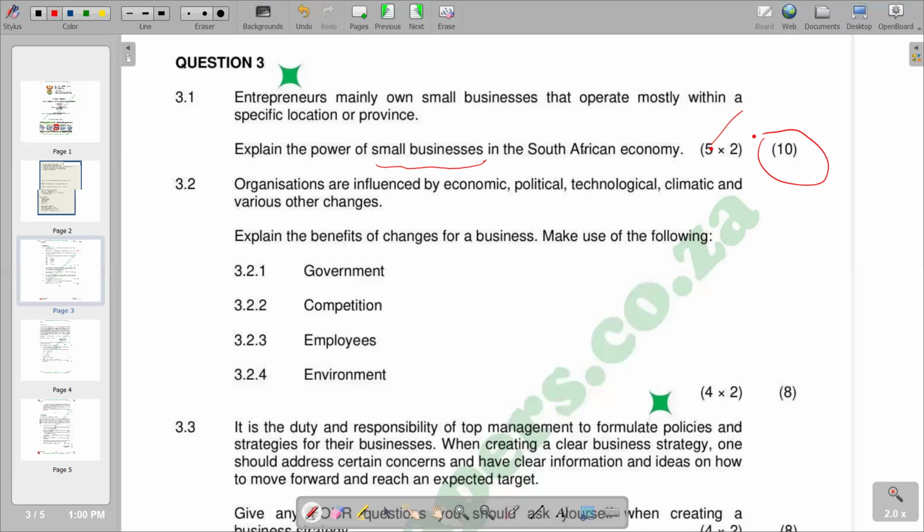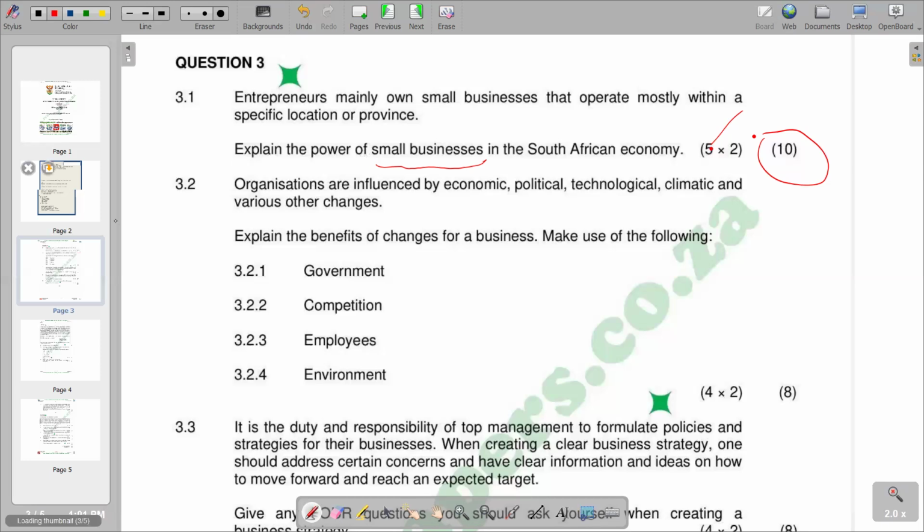revenue, remember the small businesses are also going to buy from other businesses. So in that case, there is an expansion of the revenue base in terms of tax collection by the respective institution, SARS, as they collect revenue, and the revenue base would have been widened. So those are points that are going to support the power of small businesses in the South African economy.